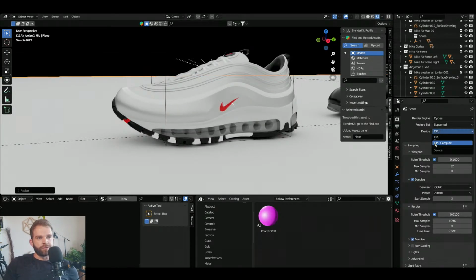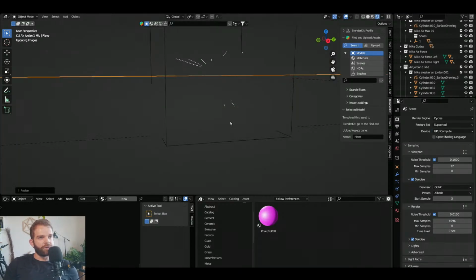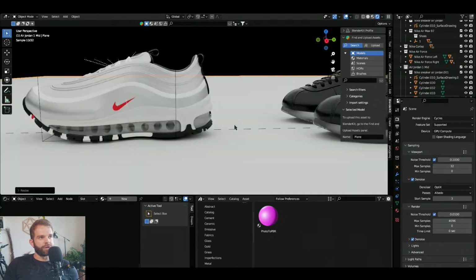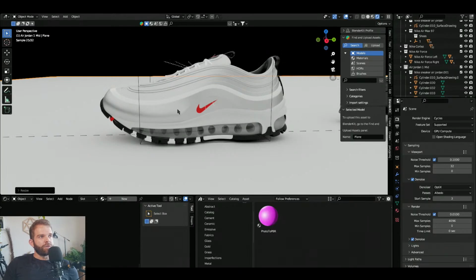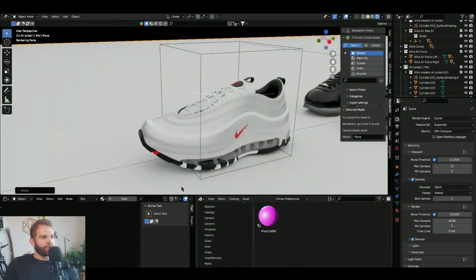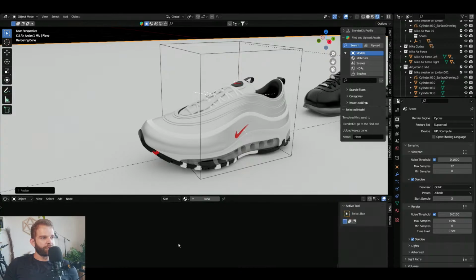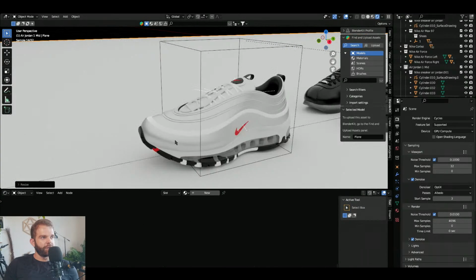So let's make sure we're on GPU. I've noticed it's a little bit slow here on the rendering. Rendering, that is much faster. Okay, so with that, first thing I'm going to do is focus in on our shader editor, and